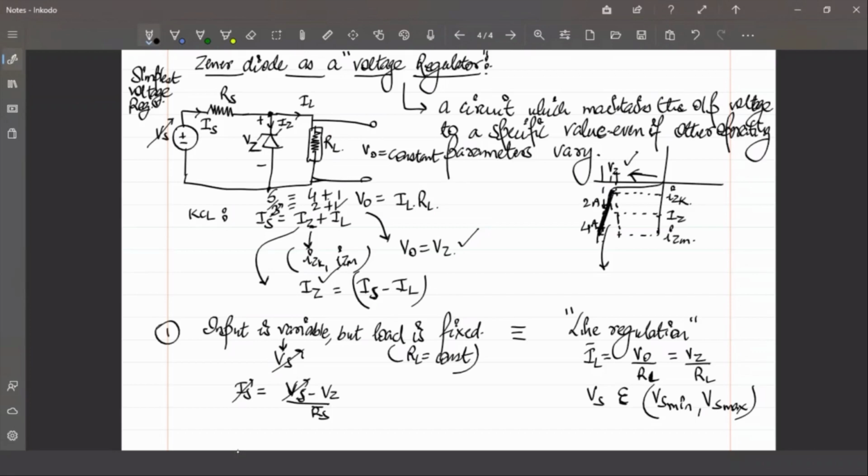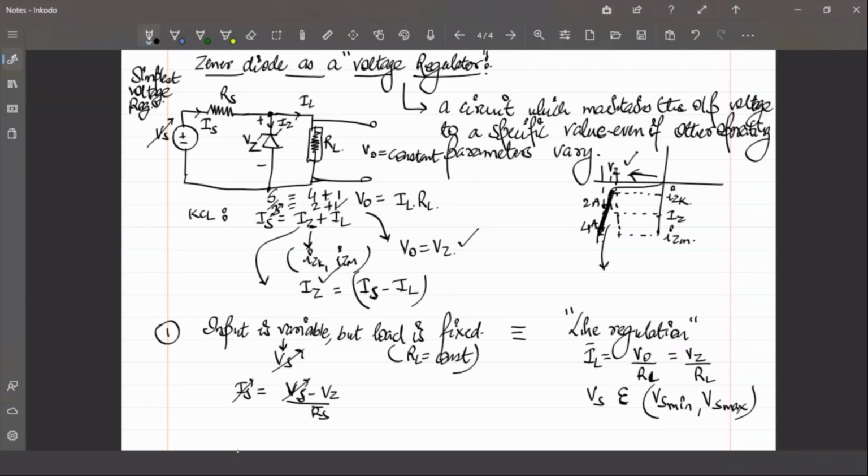But still this is within the range of the reverse breakdown region of the Zener diode, between IZK and IZ maximum. Then still this will work as a voltage regulator. If this variation is very high, that means if Vs changes such that Is is also suddenly fluctuating, then this will not be able to sustain that particular variation. The Zener diode will come out of its Zener breakdown region and become an open circuit.